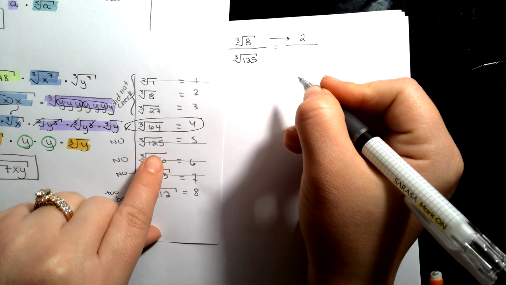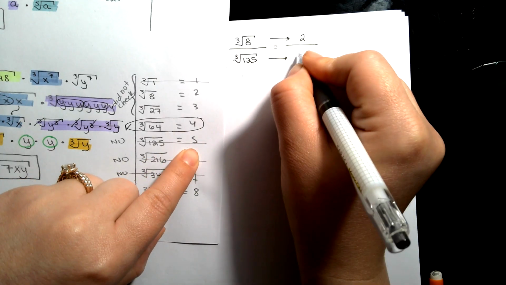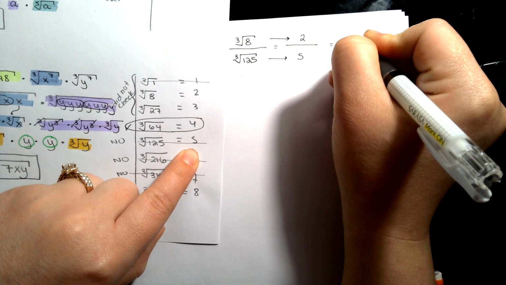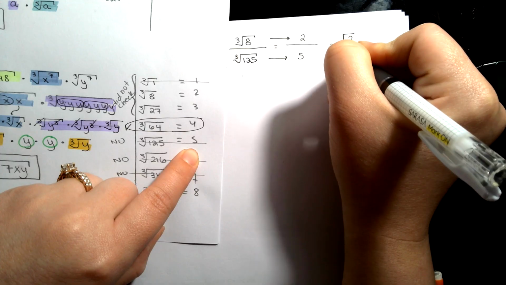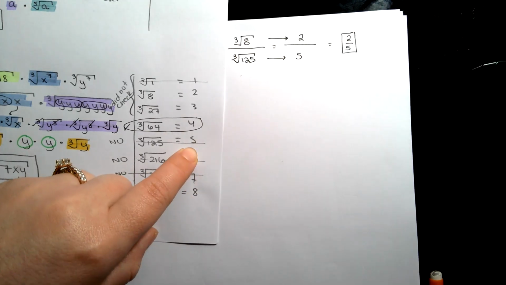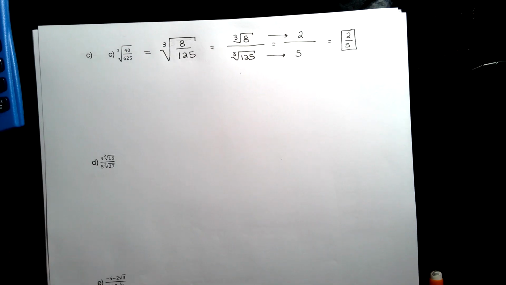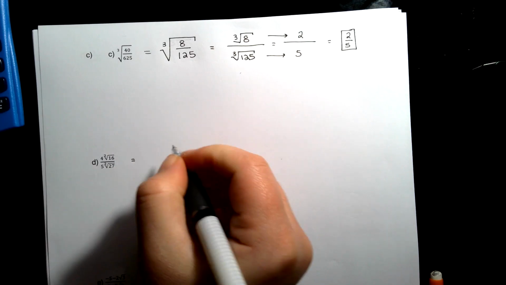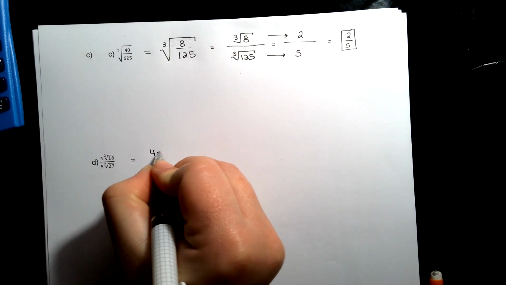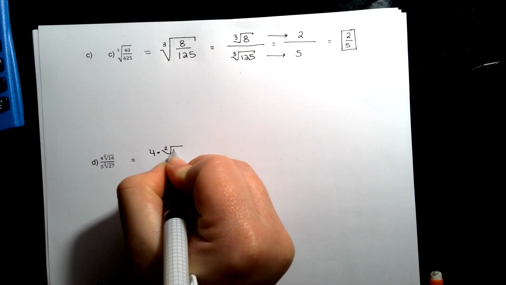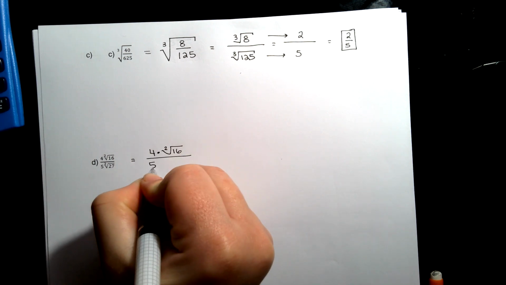And the cube root of 125 was 5. So we end up having, simplify your fraction if you need to, 2/5 as our answer. D, we have the square root. So we have 4, I'm just going to rewrite it, times the square root of 16, 5 times the square